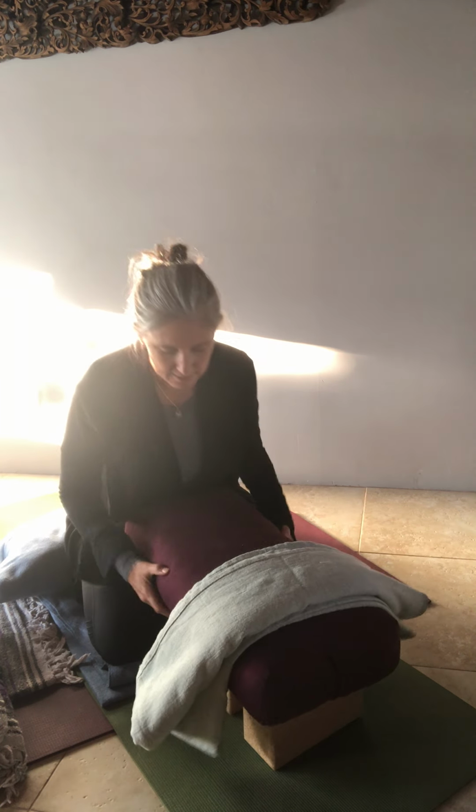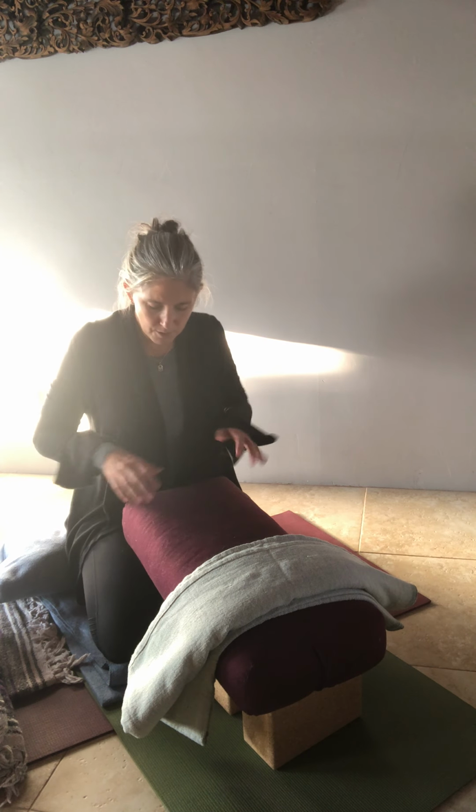So I'm gonna take this, and I like it nestled in close to my belly as it feels comfortable. I push down so that I can fold over it. If I don't fold over it, you might try the difference. It feels significantly different. I'm gonna move and glide this in so that I'm actually forming a little bit of